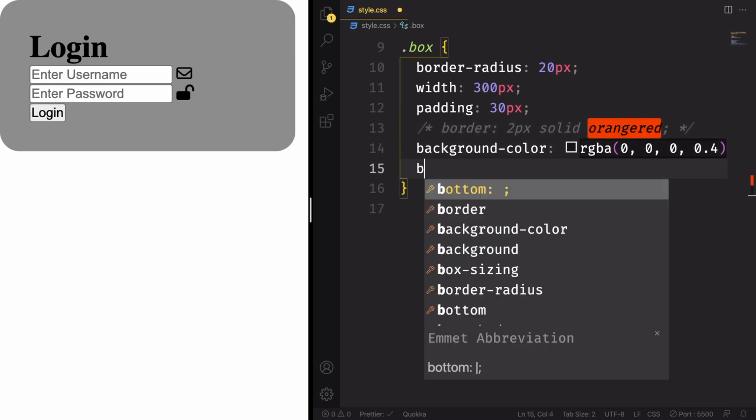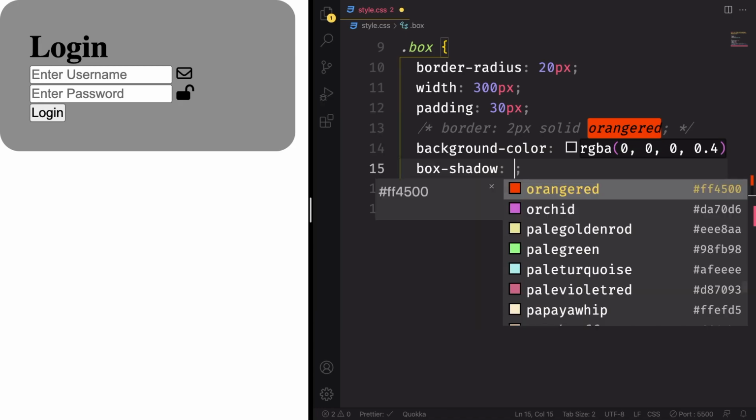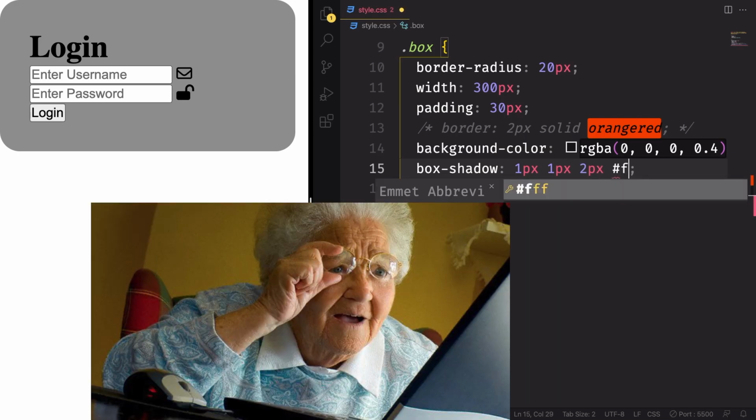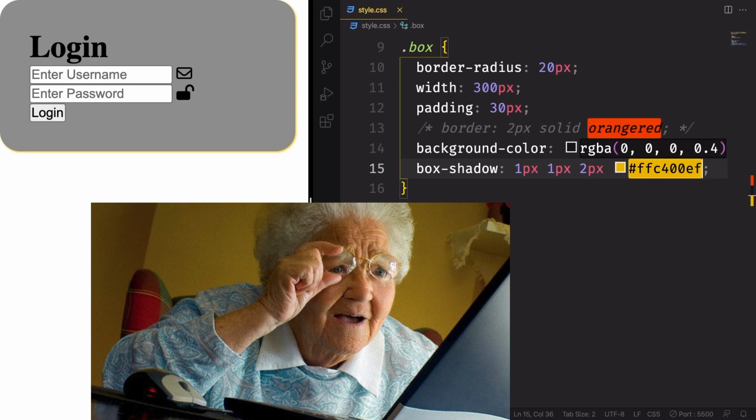And one more thing here, let's apply some shadow, okay? 1 pixel offset, 2 pixels blur, and let's pick a yellow color, FFC400, and yeah, we have this nice